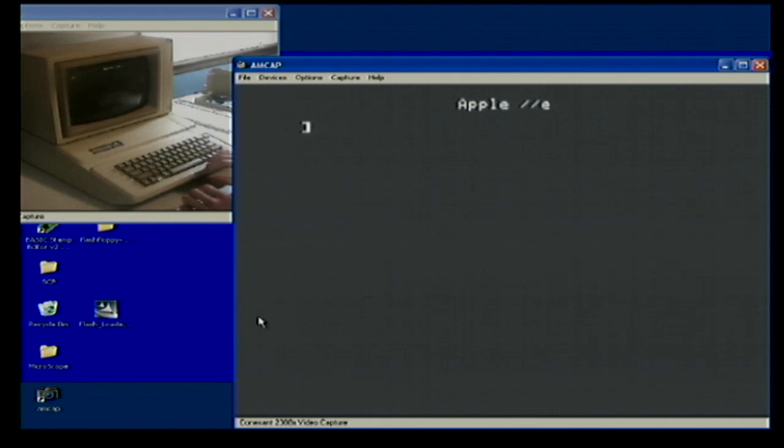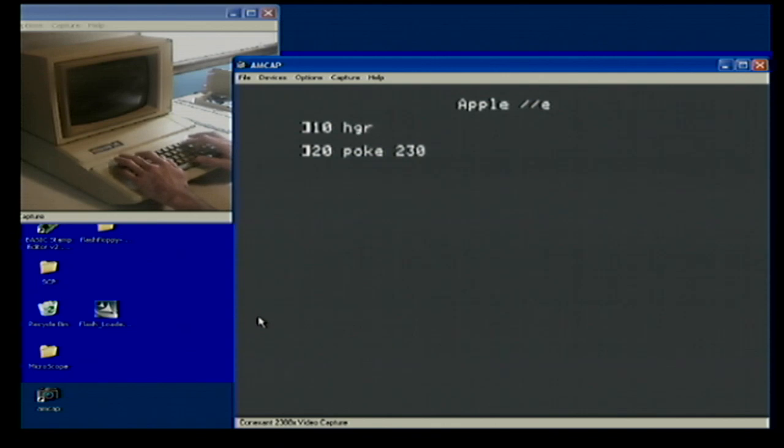And this first program is going to be a basic program that will demonstrate page flipping. And you can do this with just a couple of pokes and some graphic commands. So first I'm going to do the high resolution screen, page 1, and we're going to tell the BASIC that we want to draw with that,